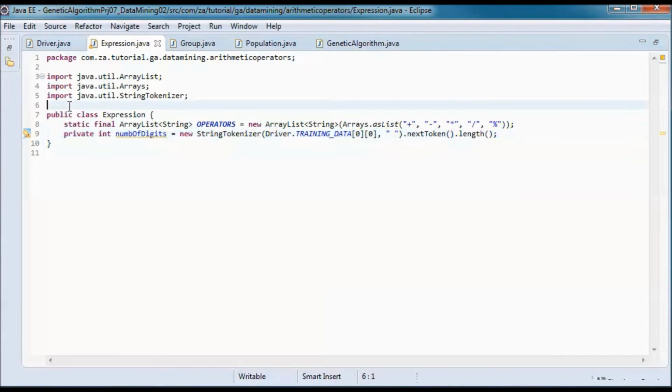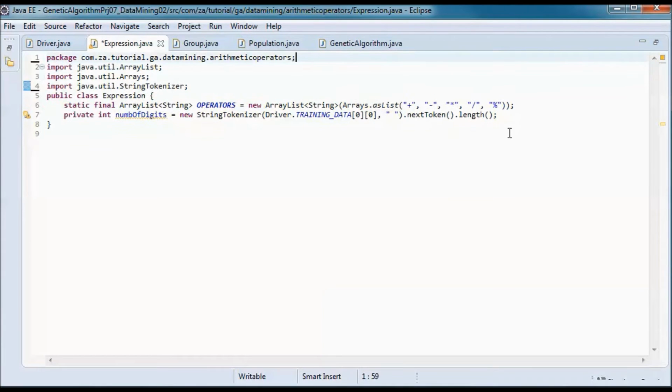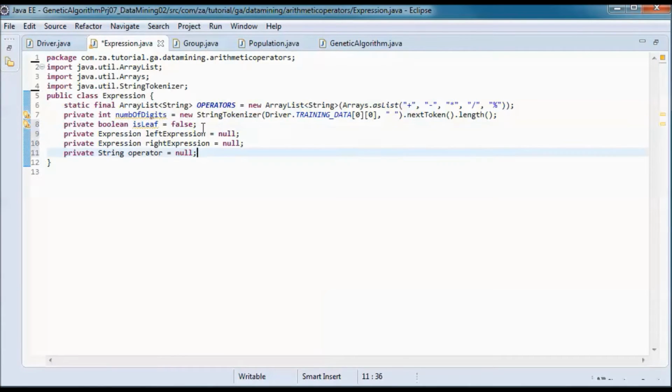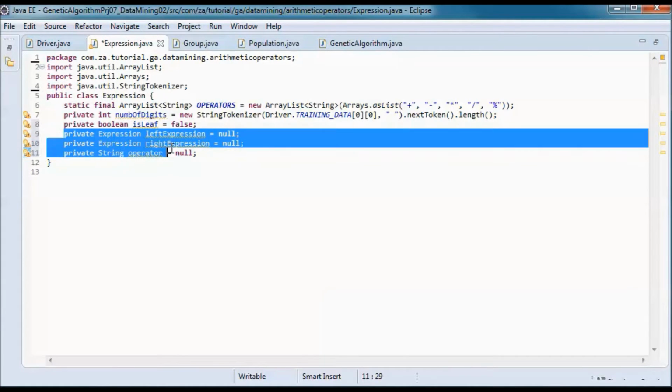And an expression could be a number, meaning it would be a leaf expression. So we'll have this Boolean isLeaf, or it could be made up of a left expression, a right expression, and an operator.